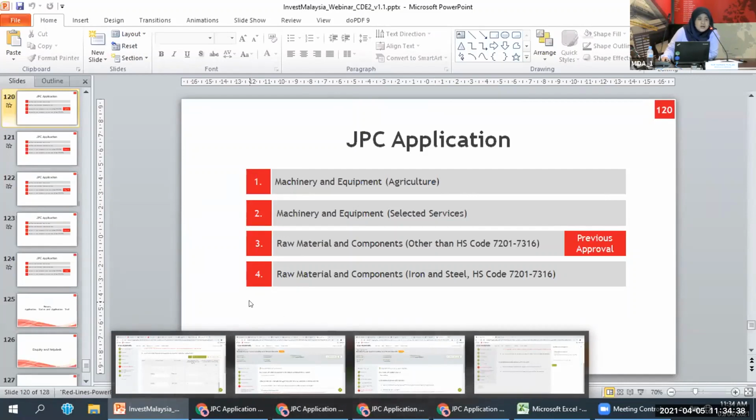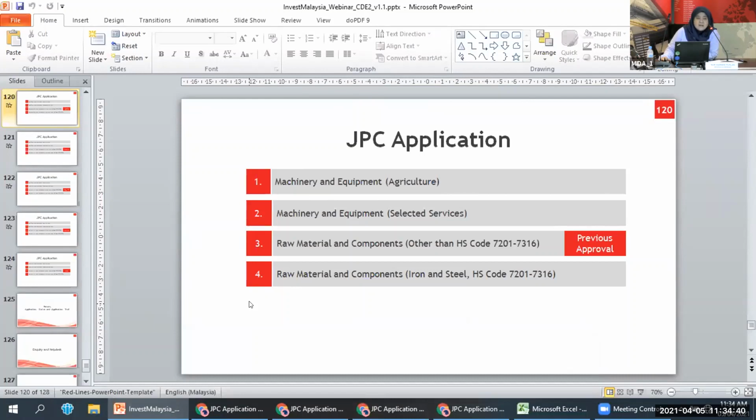Unfortunately, we did not migrate the approvals from JPC online. So what you have to do is key in your previously approved exemption in the Invest Malaysia system. Okay, how to do that?